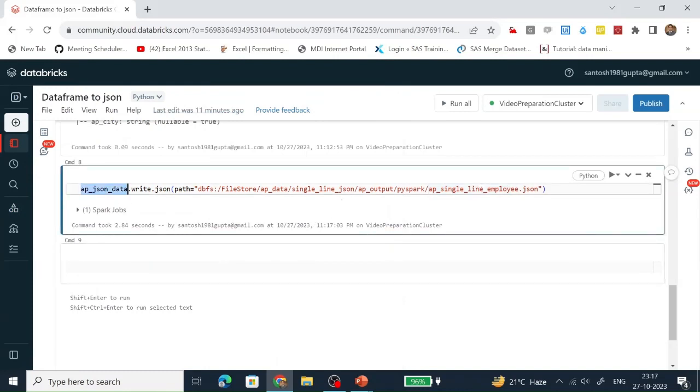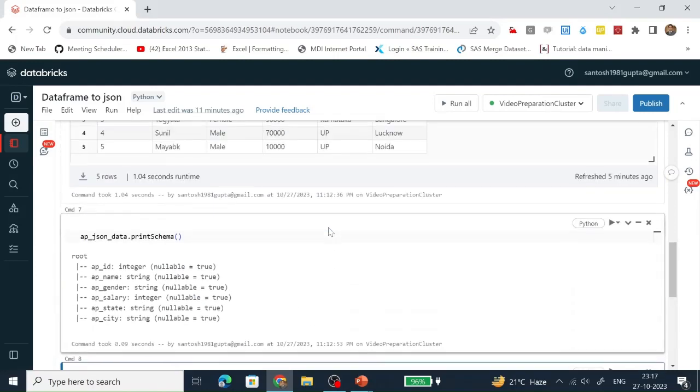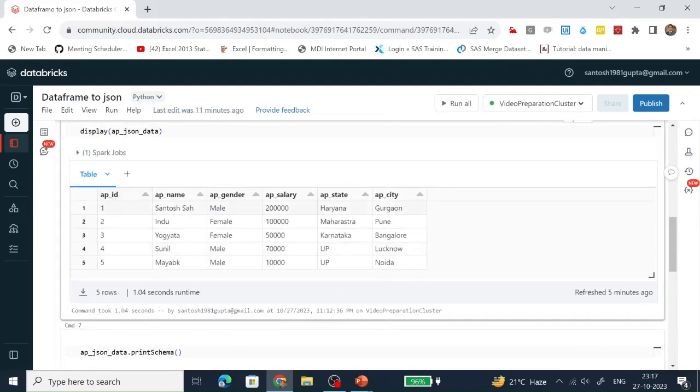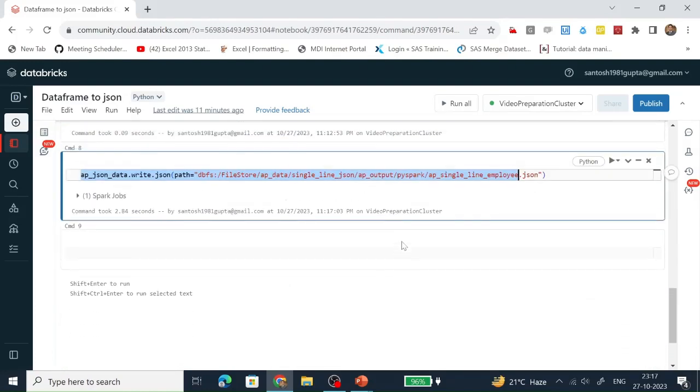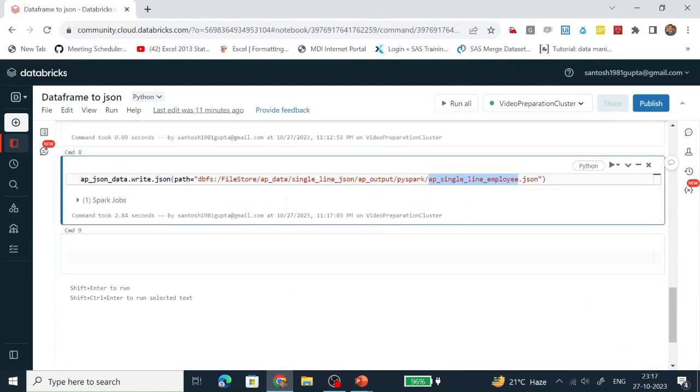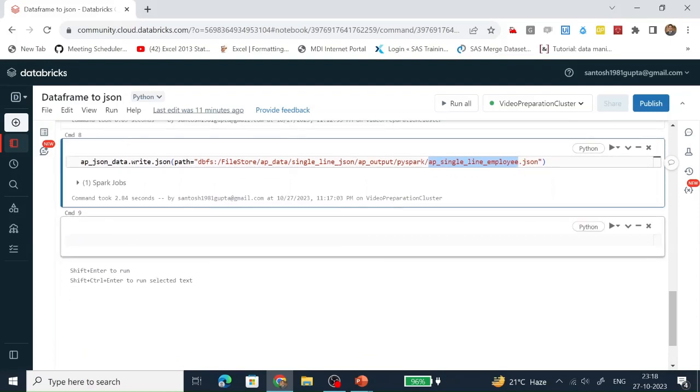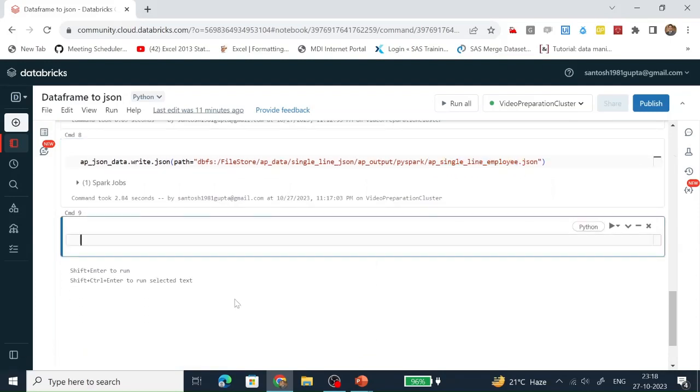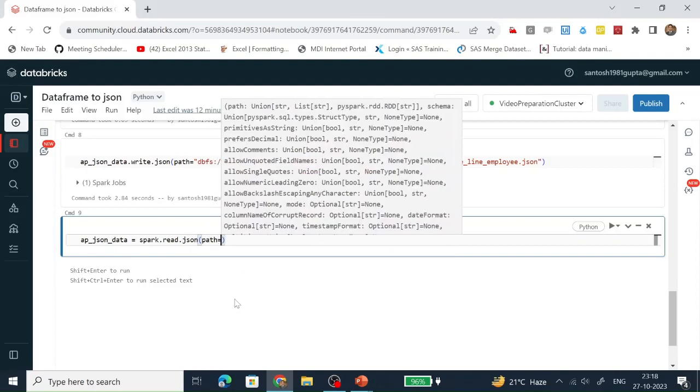Let's read this JSON structure and see whether the content which is present in this data frame has been written in this JSON file or not. So how are we going to read the JSON file? We are going to read it with the help of spark.read.json, and here we are supplying the path.